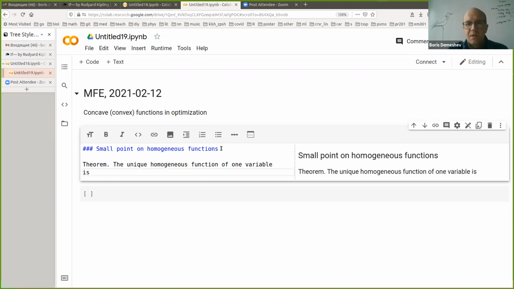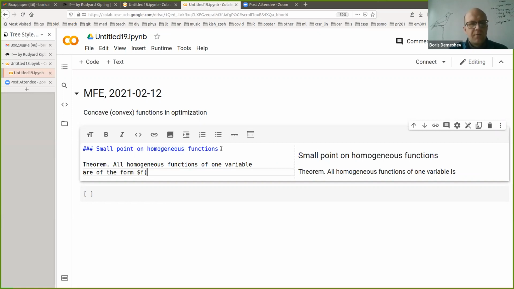Who can guess? f(x) equal to x. Basically, yes. Or maybe it's better to write all homogeneous functions of one variable are of the